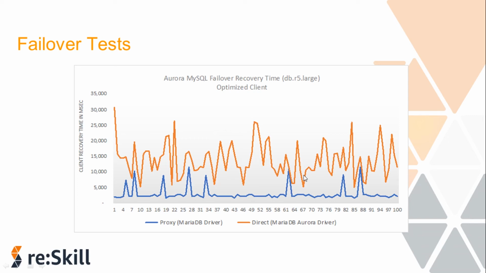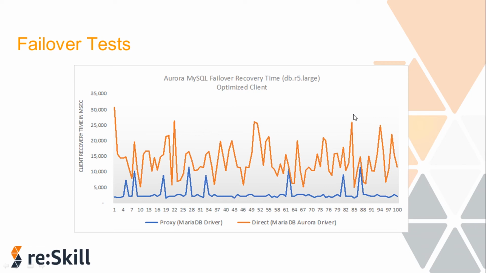The first graph that you are able to see here represents the findings from an internal test, which executed 100 times, comparing failover times between a direct connection to an Aurora cluster and a connection to the Aurora cluster via RDS proxy. This reveals a significant improvement, and DNS TTL setting was enabled in this benchmark.